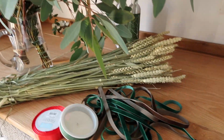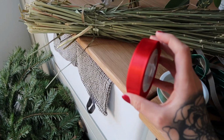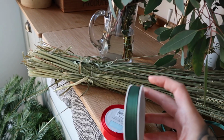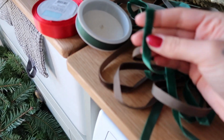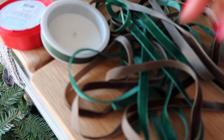Then I don't know what ribbon to put on. I'm so fussy when it comes to ribbon. I never know whether to just go classic red to match the berries, and it always looks nice against green, or do a green one. I've got some lovely like olive green velvet or bright green. Well, it's not a bright green. What colour would you call this? Like a forest green velvet. And then I'm also